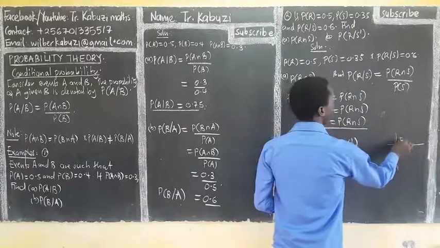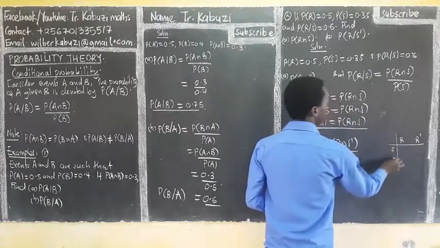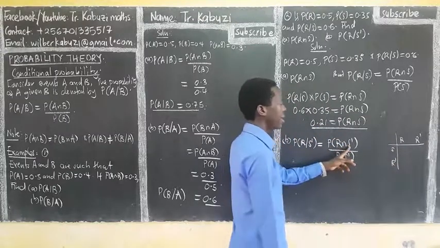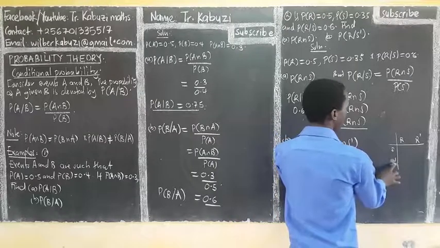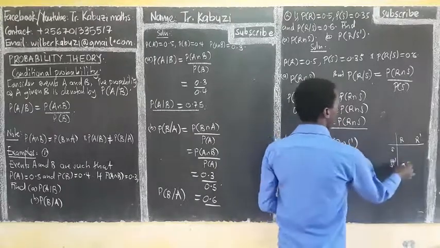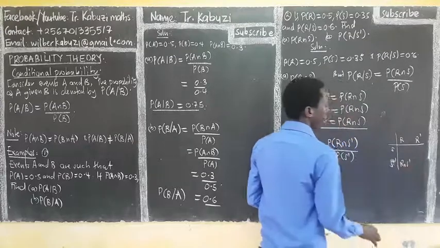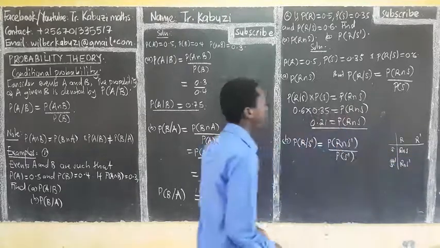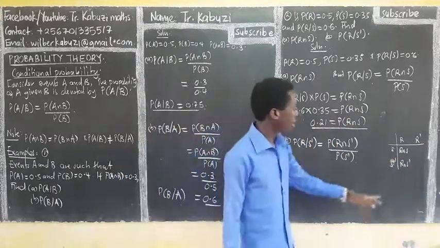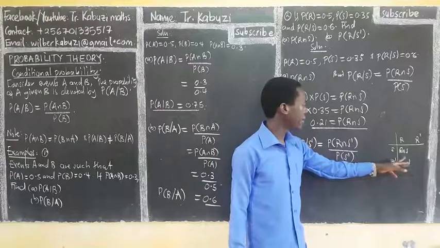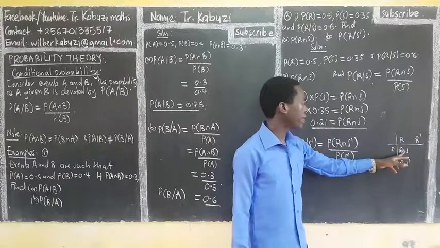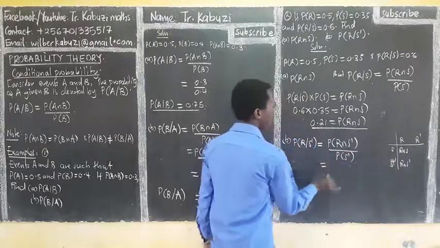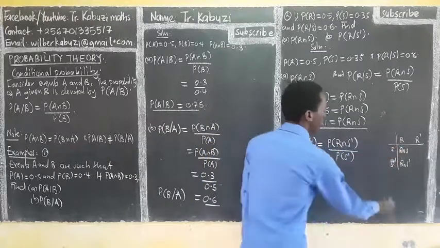We have R, we have R prime. We have S, then S prime. What do we need? We need R and S prime. So R intersection S prime. Here we shall be having R intersection S. So now you see that this is what we're going to use. We need this. We have this and this. So from here, I see that probability of R